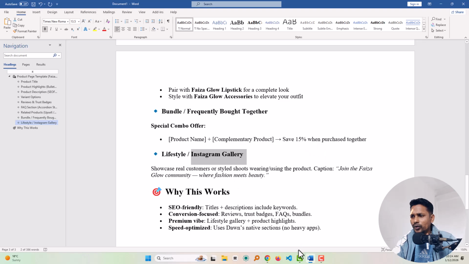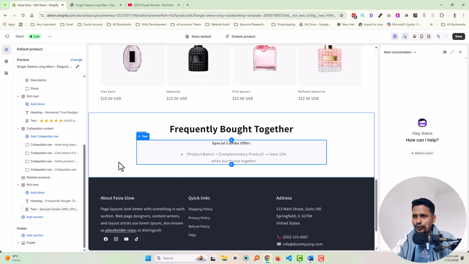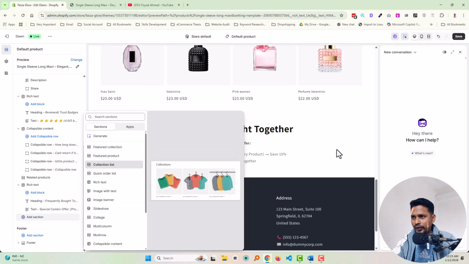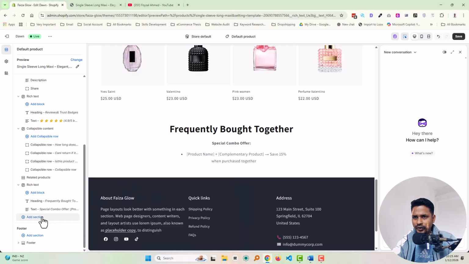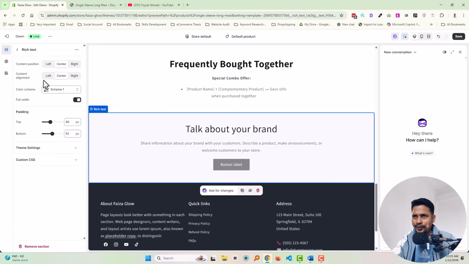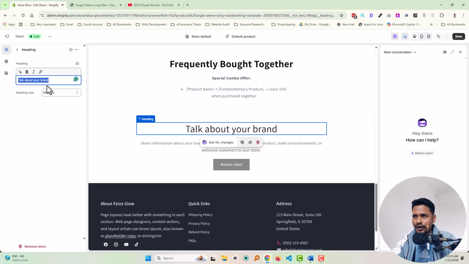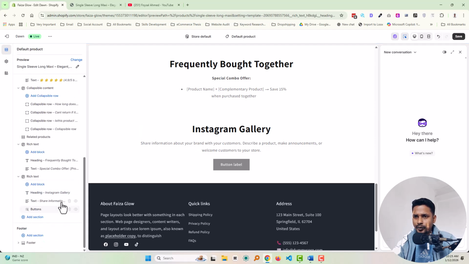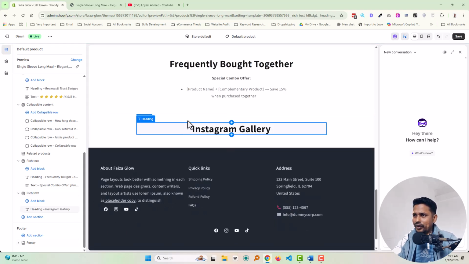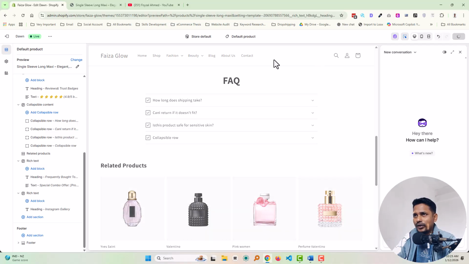Okay, and finally we have to add Instagram gallery. So this is also missing by default on the Shopify Dawn theme, and that's why we're going to add an Instagram gallery type section. Let's see which one we can add. No section to add Instagram gallery, so that's why click on add new section, rich text, and just add a text named Instagram gallery. Okay, and going to remove other parts from here, button. We'll add Instagram gallery in here. So first of all going to click on the save